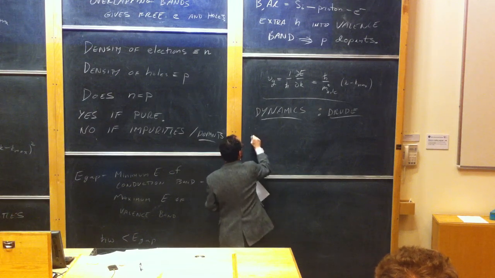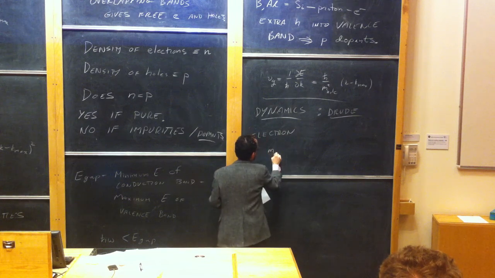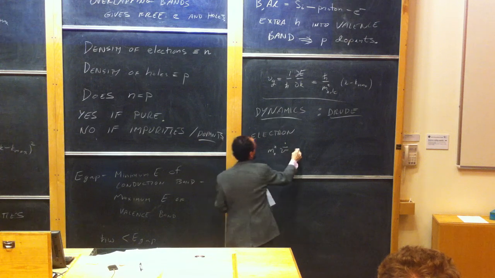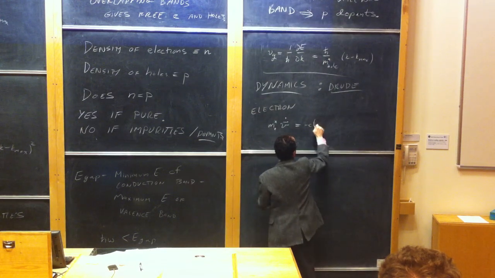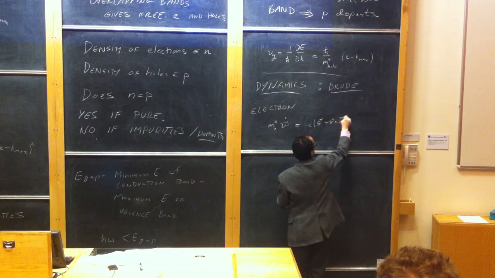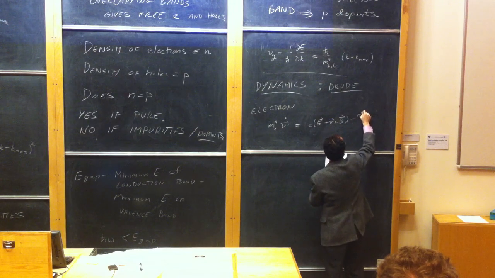We'll write down for electrons a Drude equation, which is just m electron star v dot. So this is ma, force equals ma, equals minus E electric field plus v cross B. And then there's a drag term or a scattering term, mass of electron, velocity